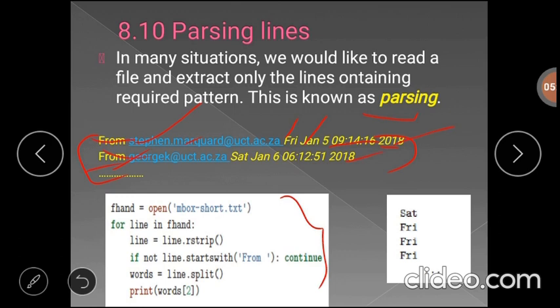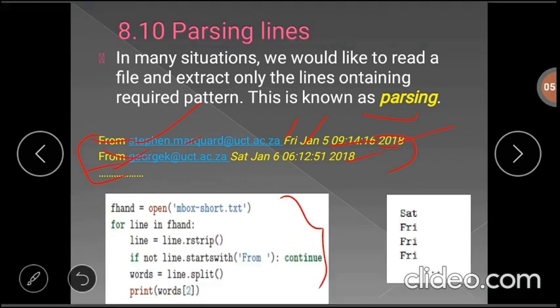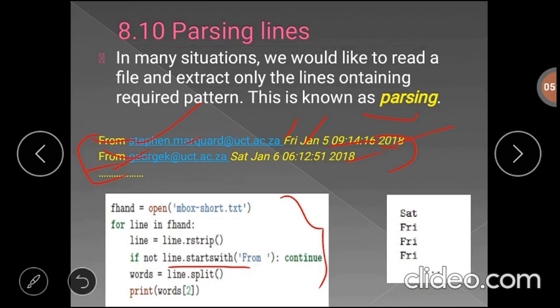Here we have the function line.startswith('From'). We search only such lines and then split them into words. After searching that particular line, we are just splitting that line into words. Here we can observe that the first word in the mail is From, the second word is the mail ID, and the third word is the day of the week.